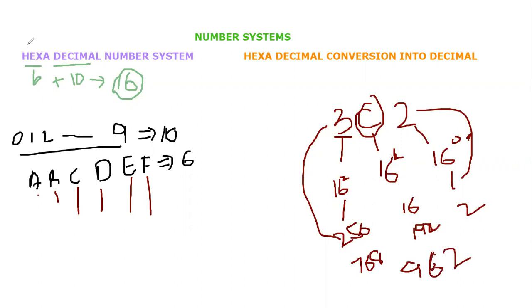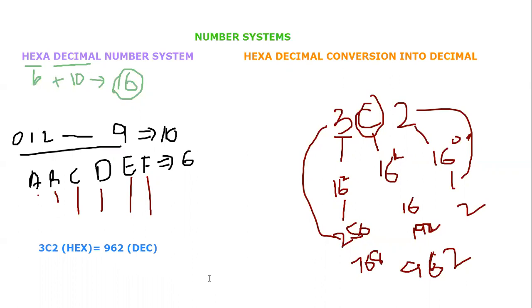Okay, let me type it for you so that it becomes easier. So we know that 3C2 is a hexadecimal number, and I just write hexa number to show that it was the hexadecimal number. When we converted it into the decimal number system, it became 962, and its base is decimal. So I hope you have understood the concept of converting any number into decimal format.